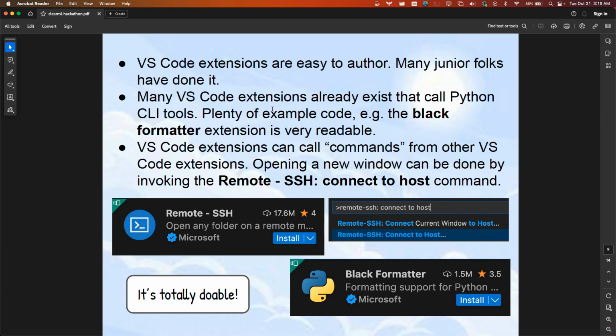So in my mind, when I was thinking about this, one of the hardest problems would be establishing that SSH connection and opening up a new VS Code window once you have a ClearML session that you want to connect to. And it turns out that there's an extension by Microsoft called Remote SSH that takes care of that for you. Extensions can expose commands. So this Remote SSH extension exposes a command called Remote SSH connect to host. And this connect to host command can take arguments. And so you could pass in to this command the IP address of the machine the ClearML session is running